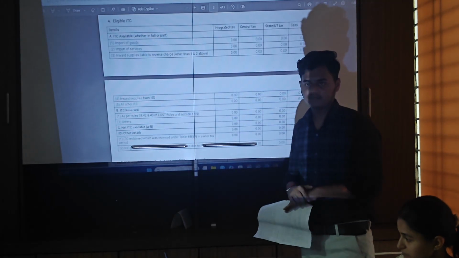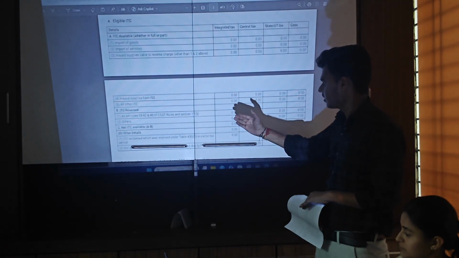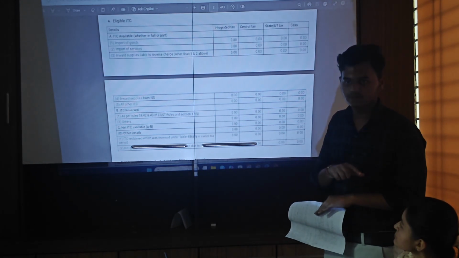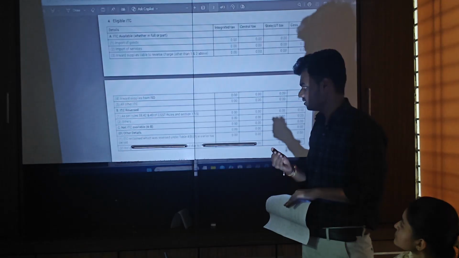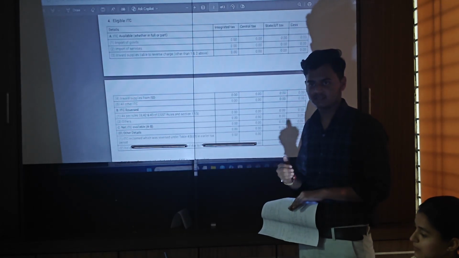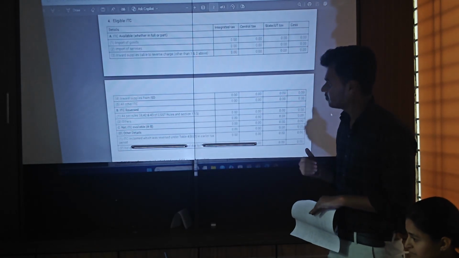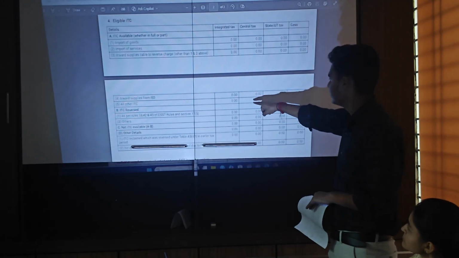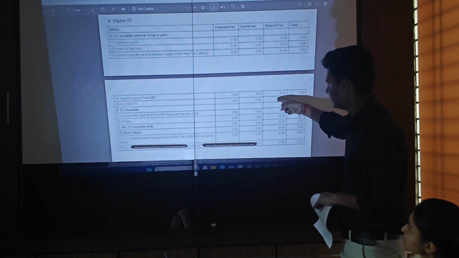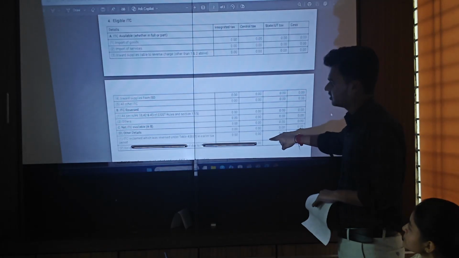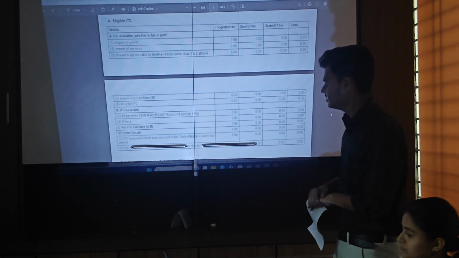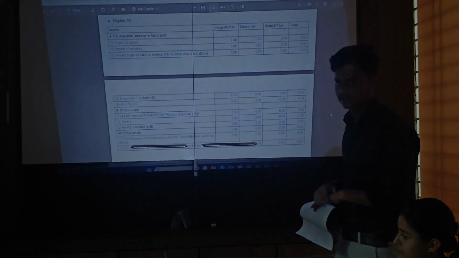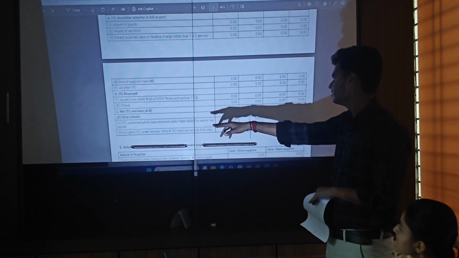Now I would like to explain temporary reversal. If any ITC was reversed in a previous period under temporary reversal and now we are claiming it, the procedure to claim is: first we have to add it in all other ITC, and second we have to report it in other details. ITC reclaimed which was reversed under table 4B2 in an earlier tax period, and the other details in 2 is